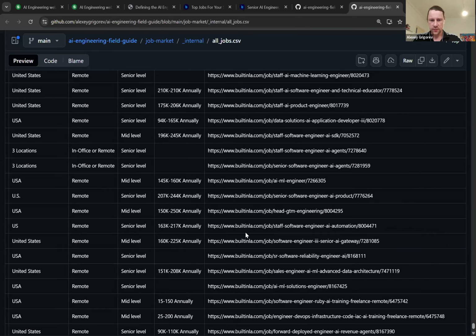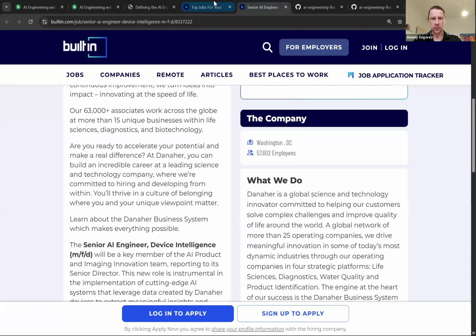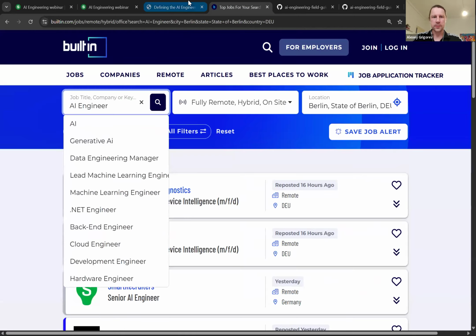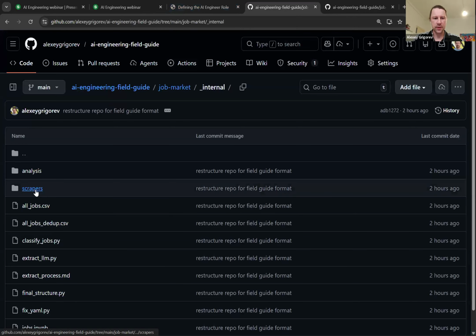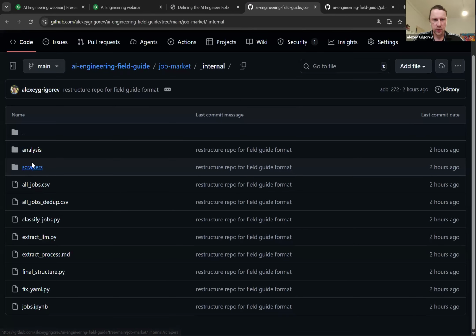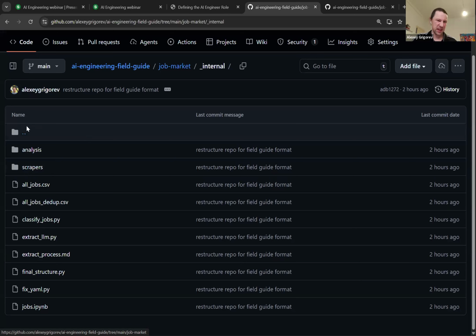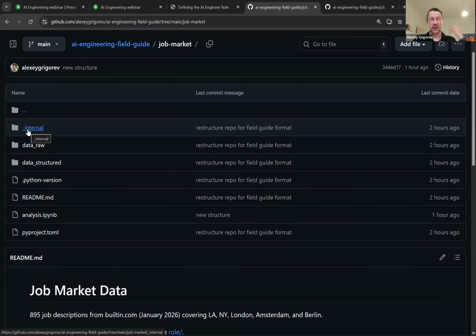And then for the job itself, we have the link, and I showed the source code. From this structured part, I was able to extract quite a few things. If you're interested in looking at the scrapers that I used, you can find them there. I'm not very proud of this code. It's not super organized. After I extracted the data, it was a one-off throwaway thing.